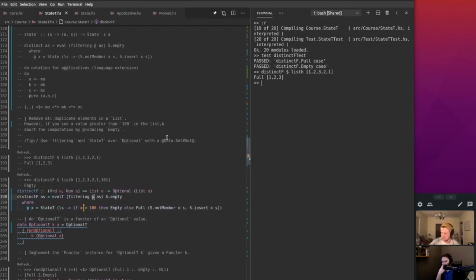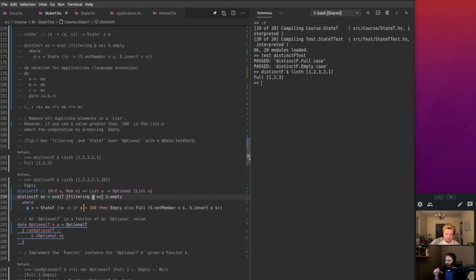With filtering, you can have some effectful predicate, so you need to return a bool, but if the bool inside of the context is true, then filtering knows to add that to the list. But if there is no bool in the context, like in the case of empty, then you abort the operation,